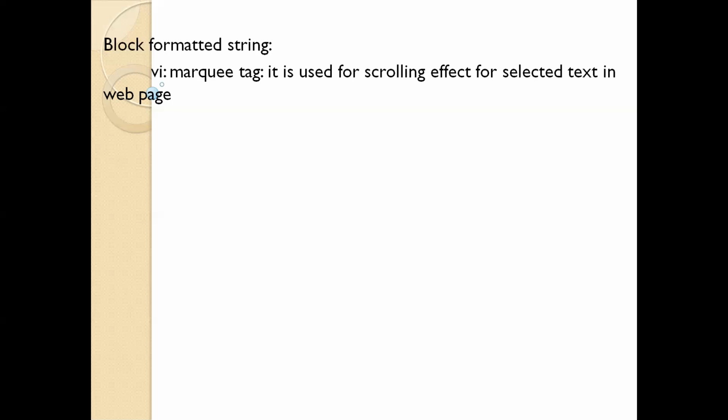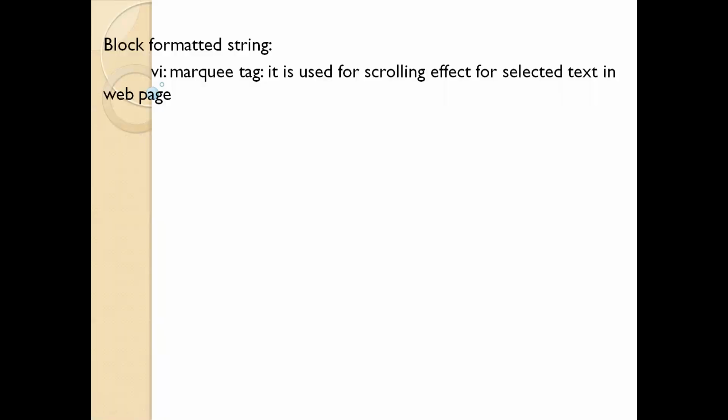So in order to move text in a similar way on web pages, some people may have interest in the stock market.